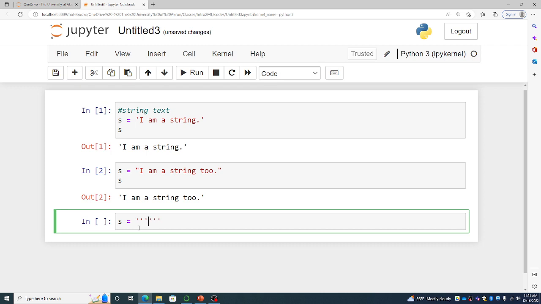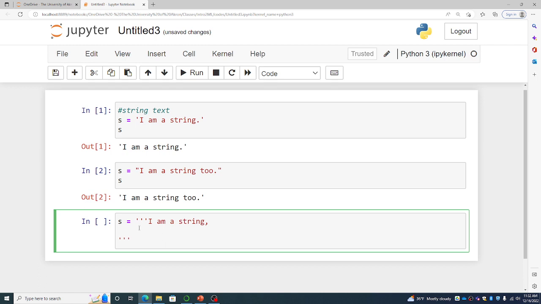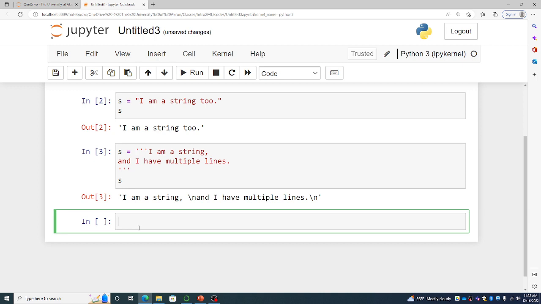triple quotes. Triple quotes can also be used to define a string. But with triple quotes, you can use multiple lines. Okay, I have a string and then change a line. We'll see that I have, and this works if you use triple quotes. So I think I can print it out, and you'll see that I'm a string, and then